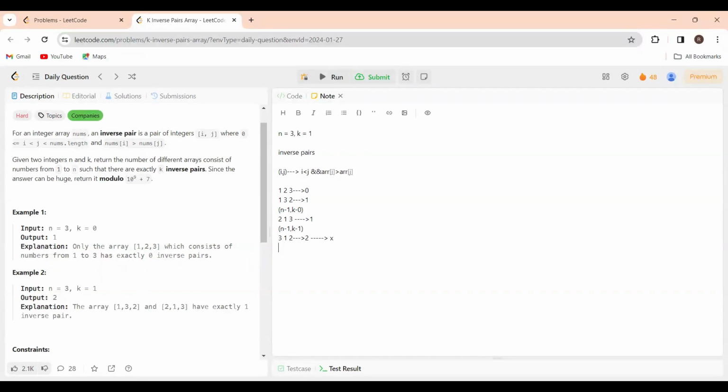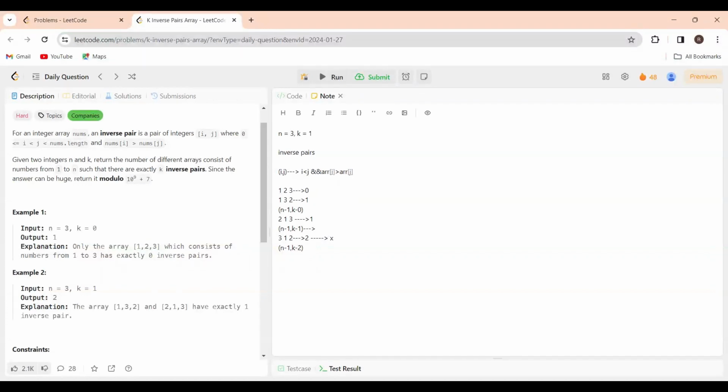Here, how many should I make? Initially I made two pairs, right? And with the remaining elements, how many should I make? K minus 2, right? So 1 minus 2, that is minus 1. So with n minus 1 elements, I should make k minus 2 elements here. Okay, so in this case,